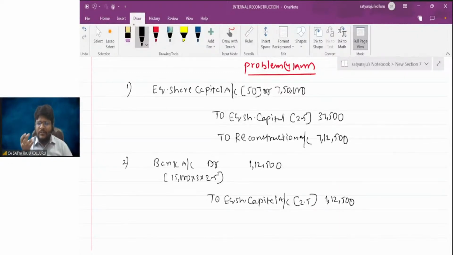What is the meaning of narration? Narration means if a layman who does not have any knowledge of accounting can see that narration, he should be able to understand the transaction. That is the concept behind providing narration in any journal entry. Am I right? That's why don't memorize narration by heart at any point of time, and don't skip writing narration in the exams as well.